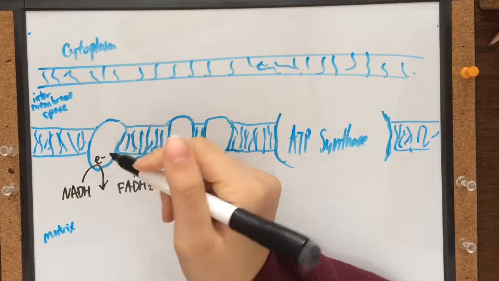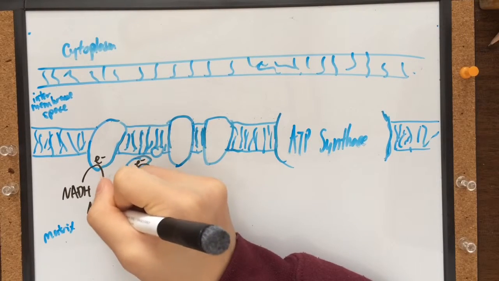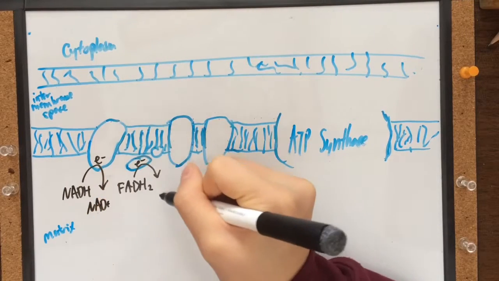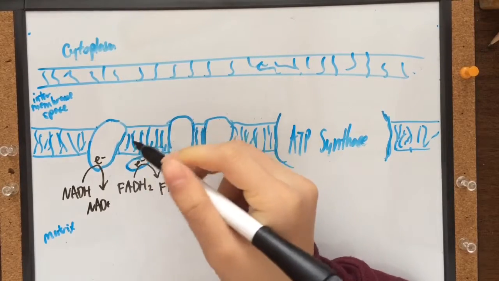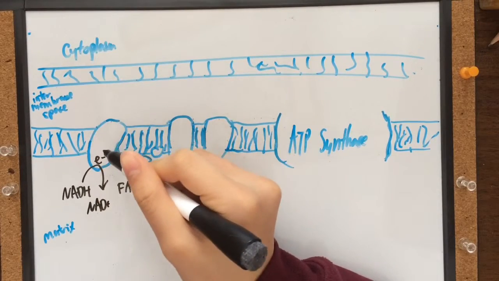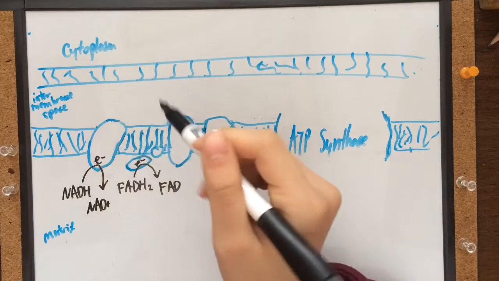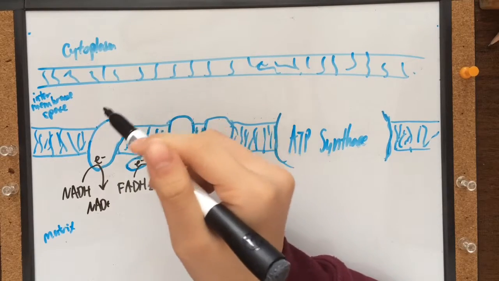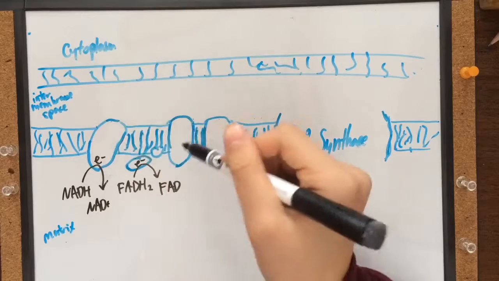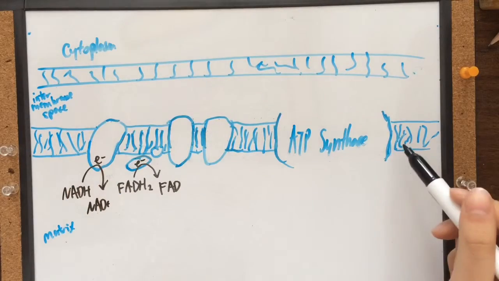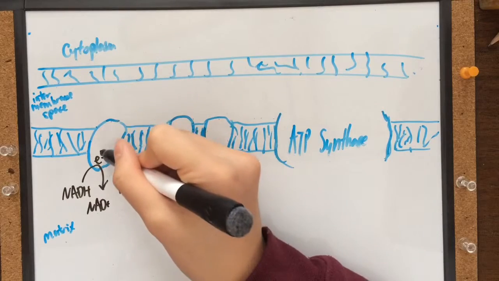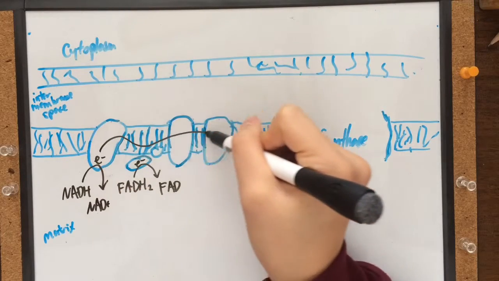And since they released their electrons, they become NAD+ and FAD again. So now that there are electrons in the electron transport chain, they move through a series of protein complexes located on the inner membrane of the mitochondria. So they just follow a set path,